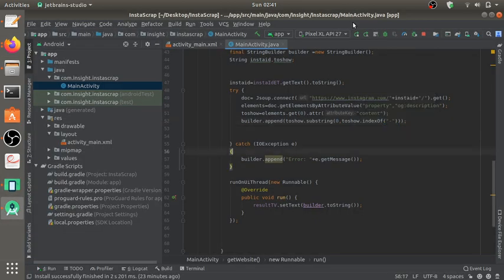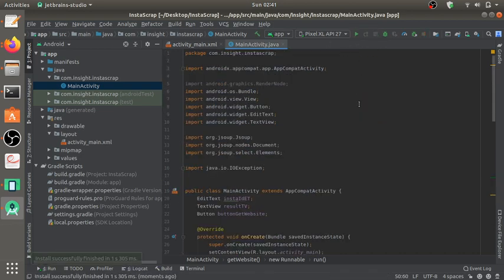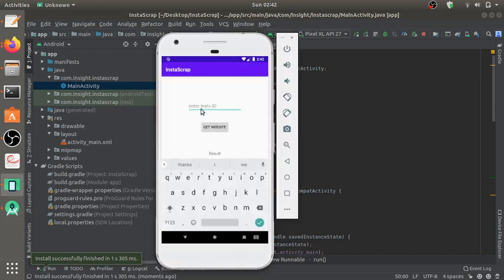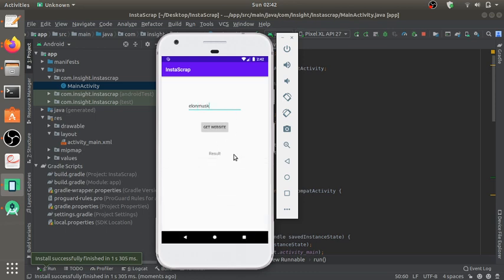And displaying. Right now let's run the app. Okay, install successful. I'll enter the, okay, get the website.